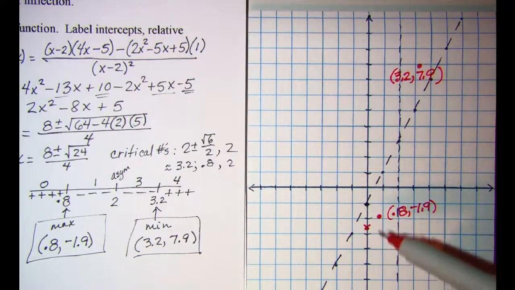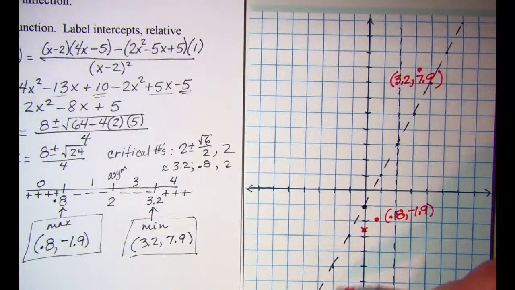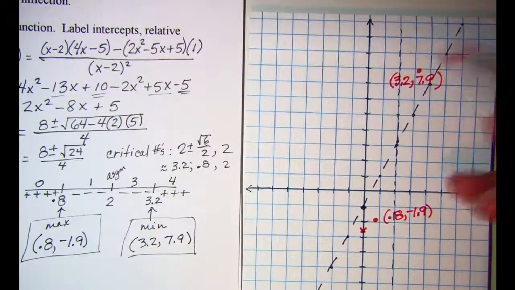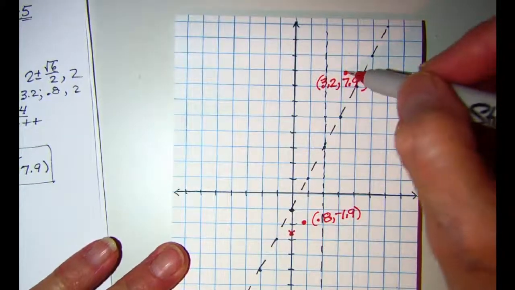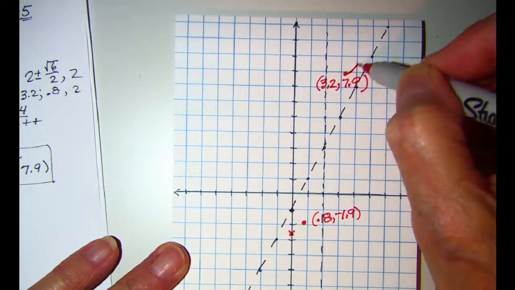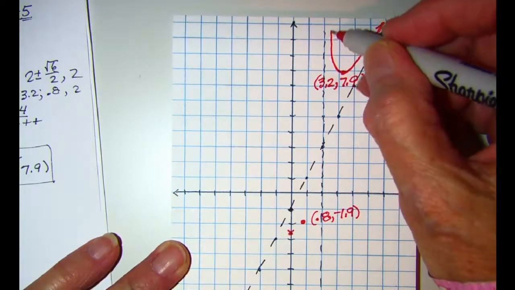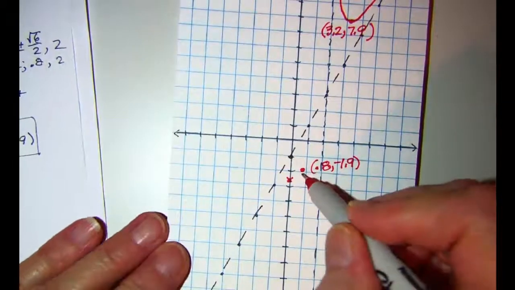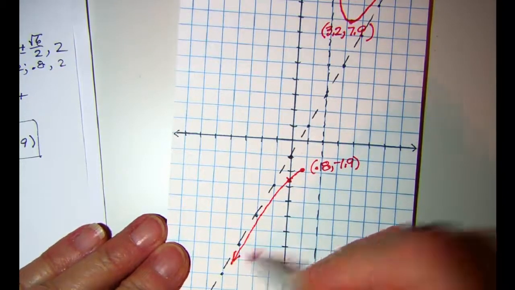At this point, we should have enough to graph. If we did our second derivative, we would find that it's negative, which means concave down for this interval, and then we would find it's concave up for this interval. So I'm going to go ahead and sketch my graph. This was a minimum up here, so it has to come up and hug this asymptote, and then come up and hug that one. This one also has to go through these 2 points, and then